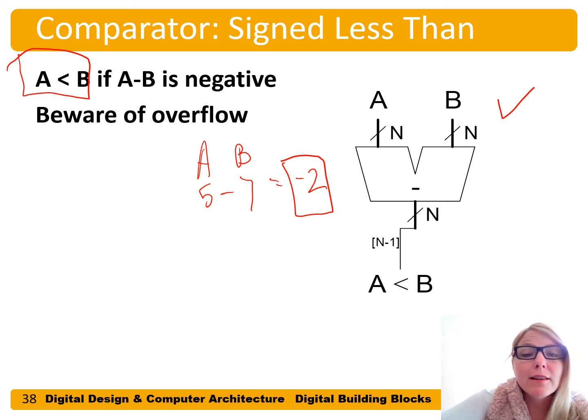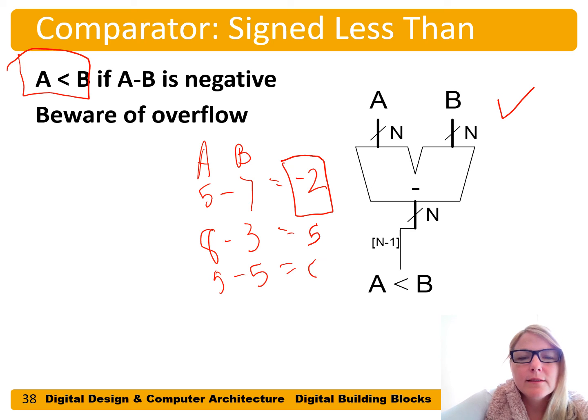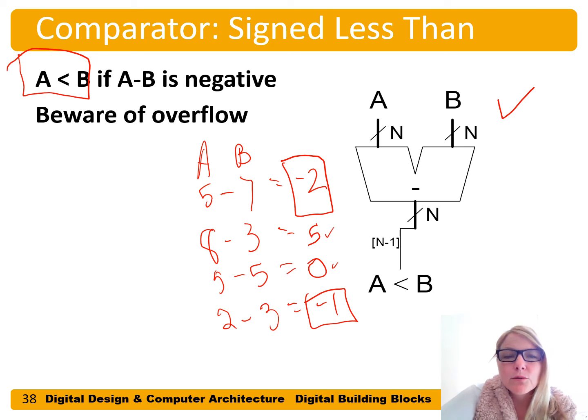Let's suppose A is not less than B, like 8 and 3. And we get a positive number. Let's suppose they're exactly equal. So 5 minus 5, we get a positive number again, right? Both these are positive numbers. Let's do another example. 2 minus 3 equals minus 1, so we get a negative answer when A is less